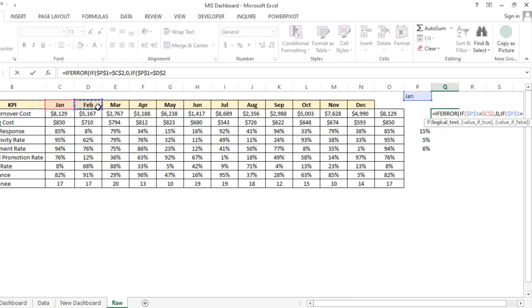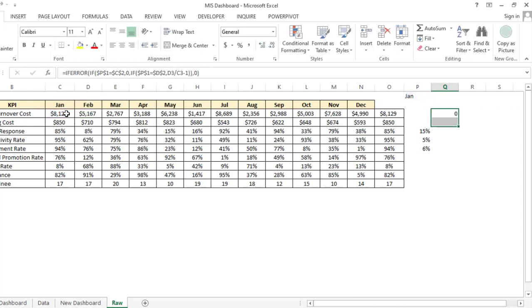Then what will happen is now comma D3 divided by C3 minus 1, right? Because now we have to compare the Feb month data with the Jan, right? Now if the condition is true, then what will happen is we have to get the value. If it is false, then it should show as a 0, right?